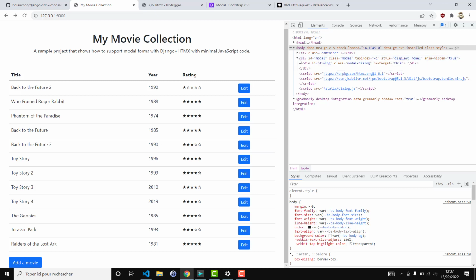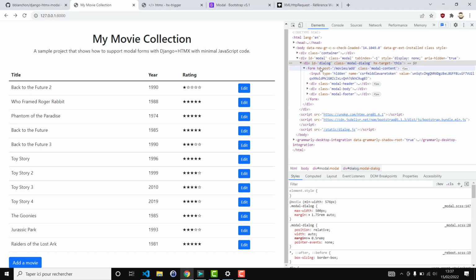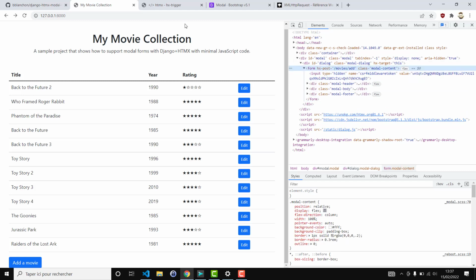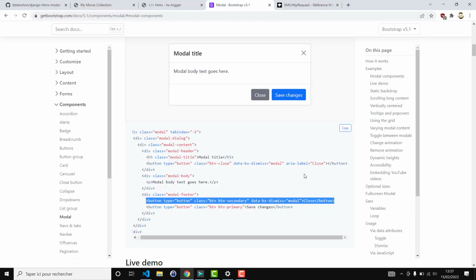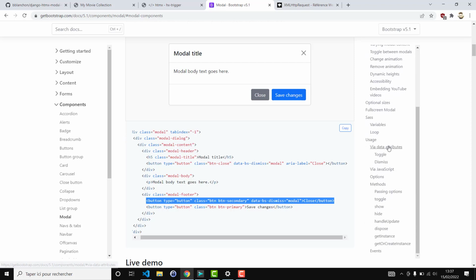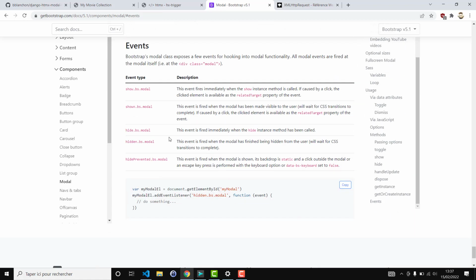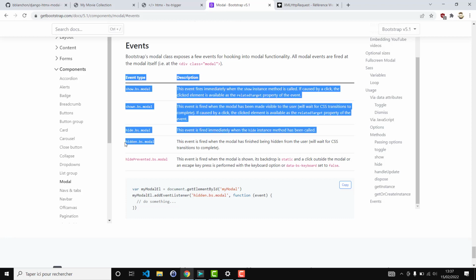And this fix is to, well, once the dialog is hidden, we should get rid of the content. The solution is CSS framework specific. So in this case, it's specific to Bootstrap. Bootstrap raises an event when the dialog is finally hidden. So this event fires when the modal has finished being hidden from the user. So let's copy the name